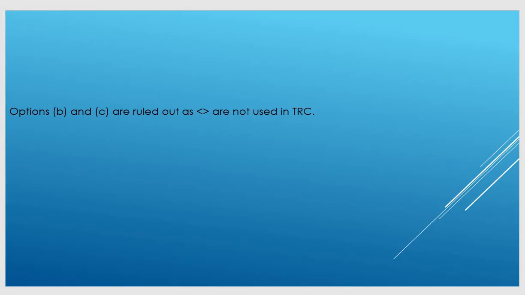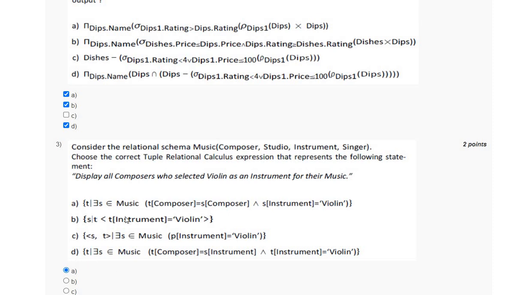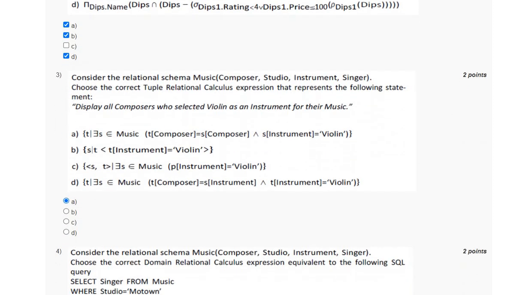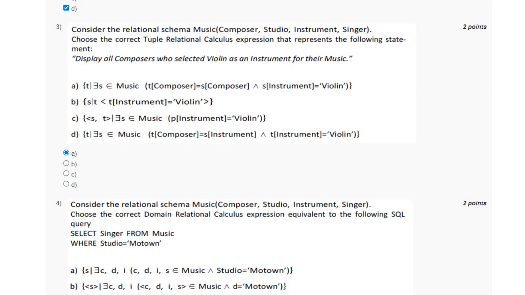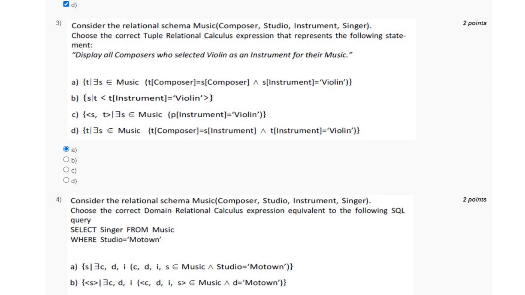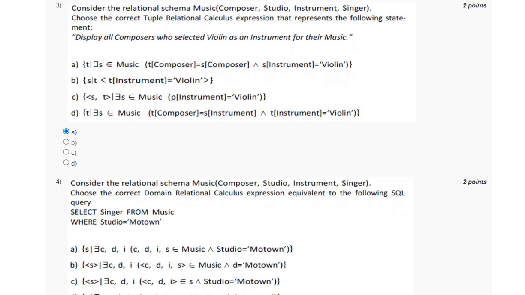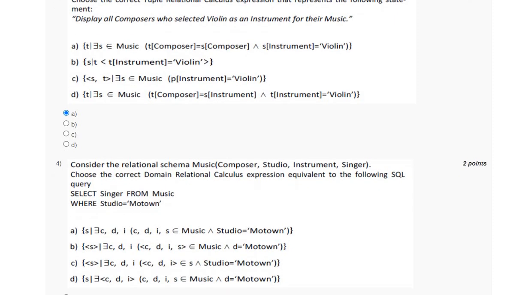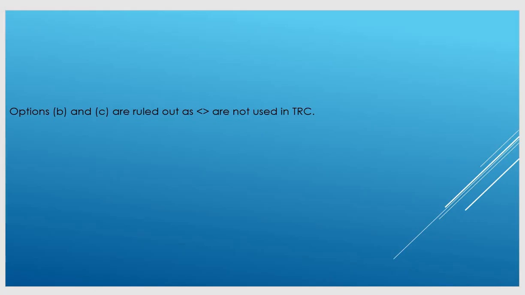Option B and C are eliminated, and the answer is option A. For the fourth question, we have been given a relational schema and we have to choose the correct domain relational calculus. So for this,